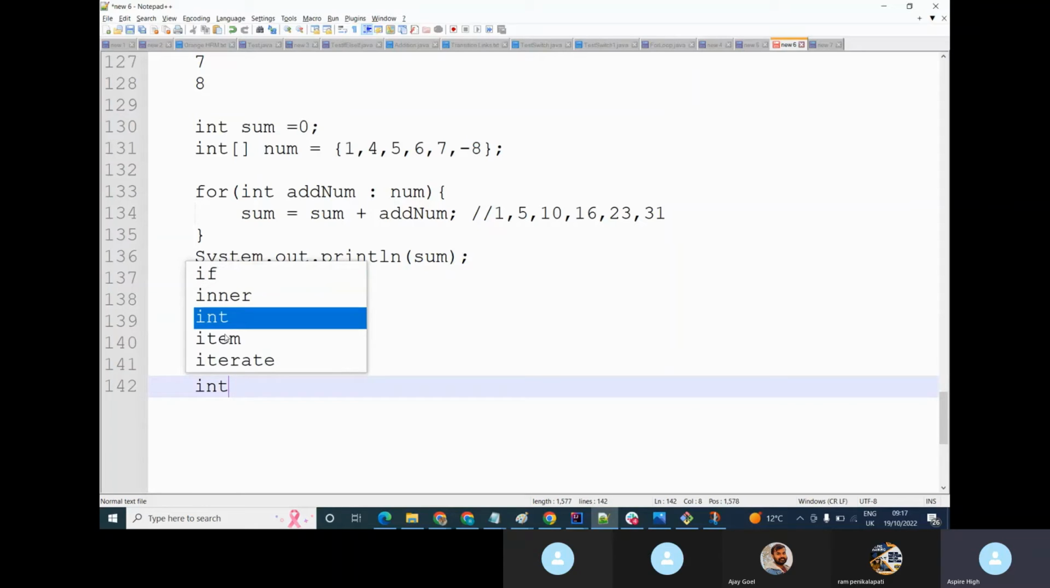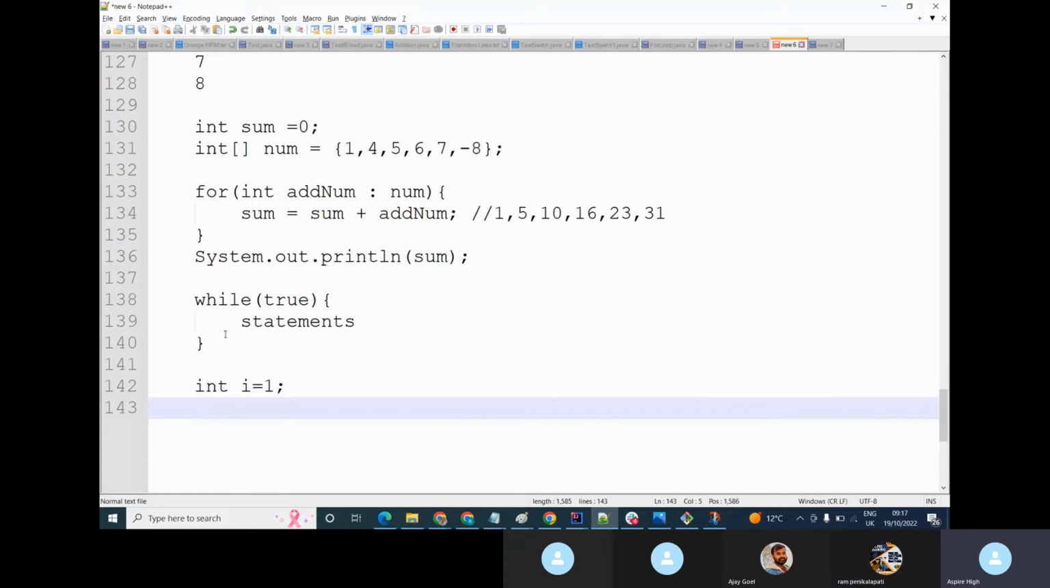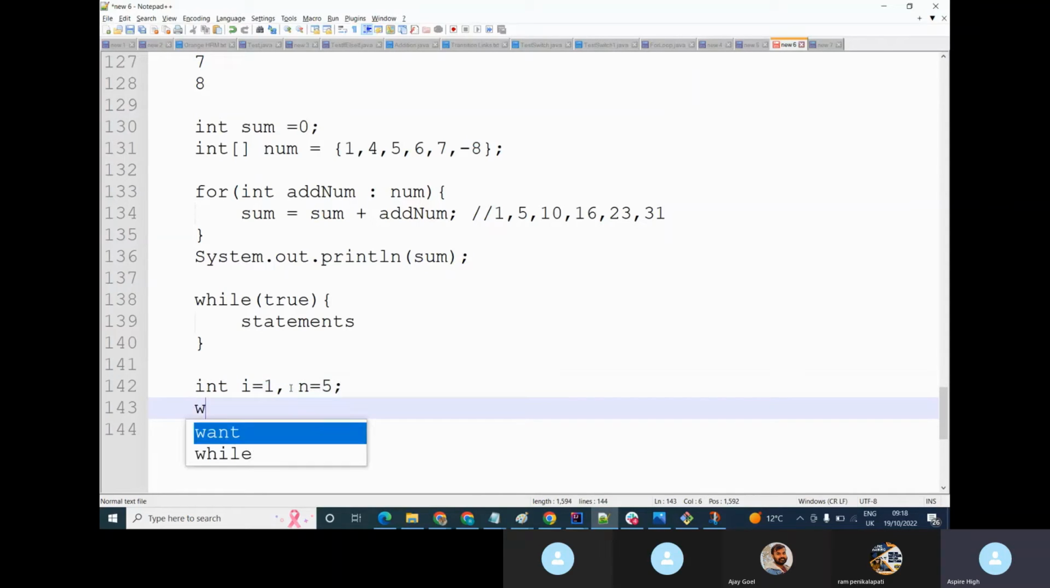So first declare int i = 1. Then how many times do we need to iterate? 5 times, right? I want to print 5 numbers. n = 5. Then while